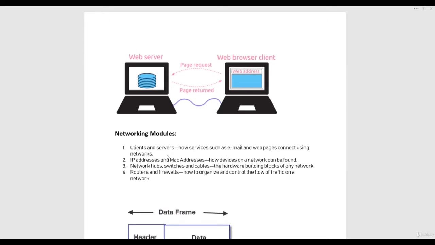So if you want to send any information, it is done with these two modules, IP addresses and MAC addresses. And particularly the MAC address is the logical address by which a device can be found on the network. So based on these MAC addresses, we'll find the particular machine. The MAC address is also the way that anyone who is doing illegal work can be traced out.